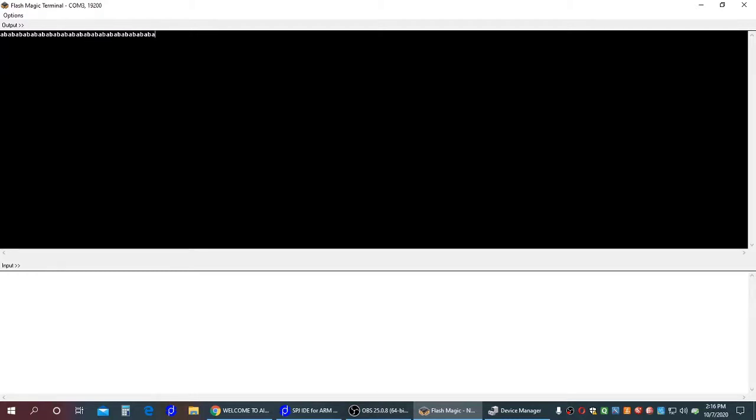You will see the output that AB is continuously repeated on the screen. Since this is a concept of semaphore synchronization, task 1 and task 2 are actually using the semaphore as per the priority that we have provided to both of them.